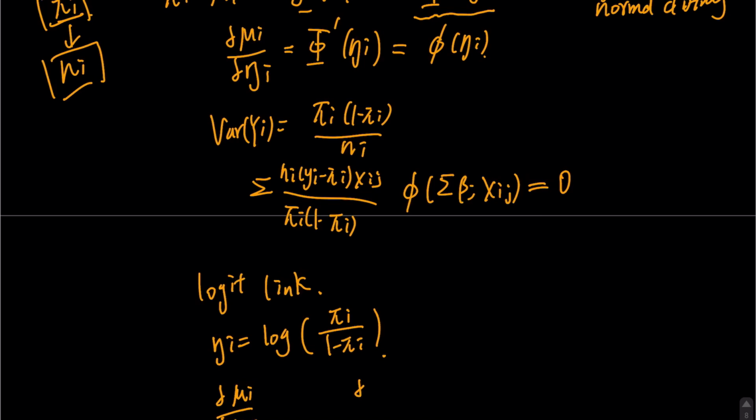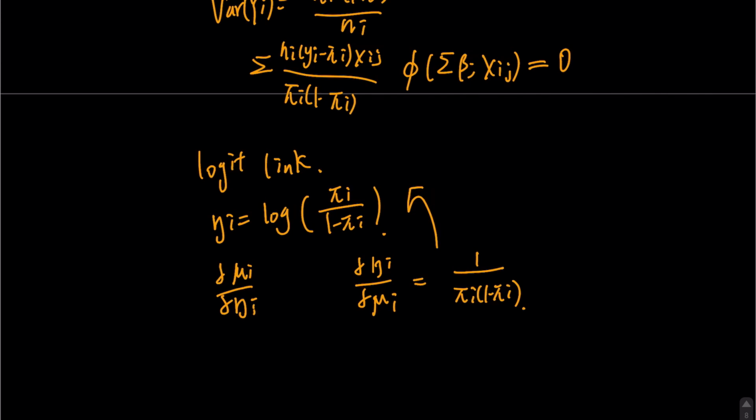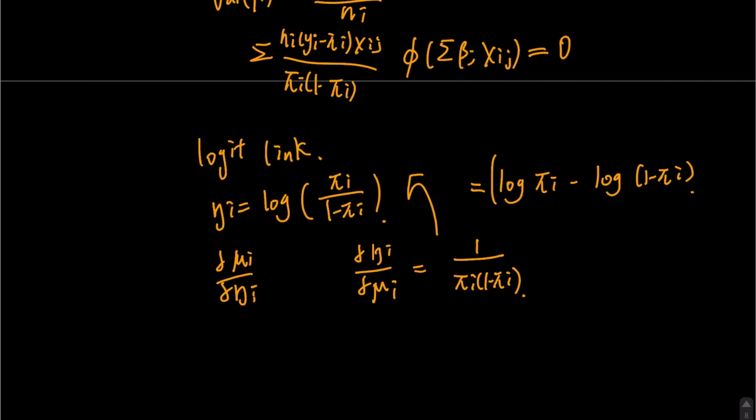It's easier to get d eta_i d mu_i, and we can invert this to get d mu_i d eta_i. So this is going to be 1 over pi_i (1 - pi_i). This is just some algebra, so it might be easy to rewrite it as log pi_i minus log (1 - pi_i), and if we take the derivative of this whole thing,